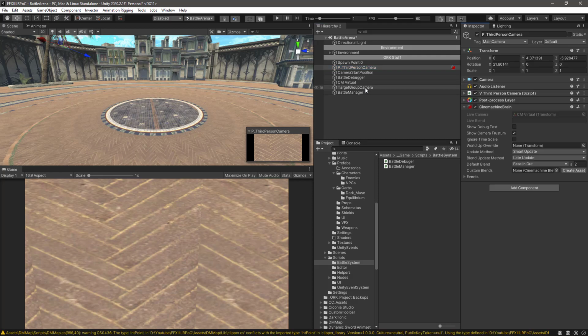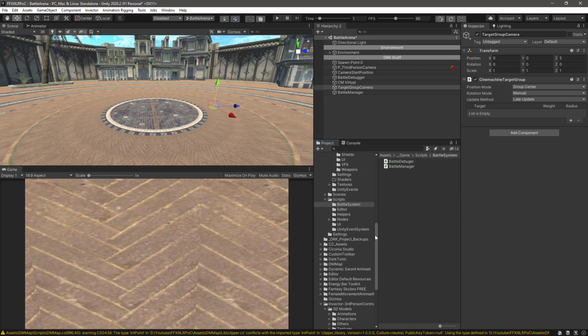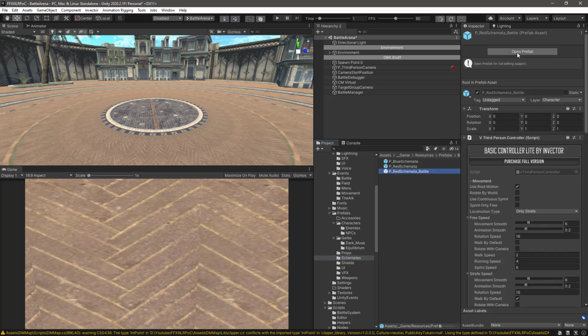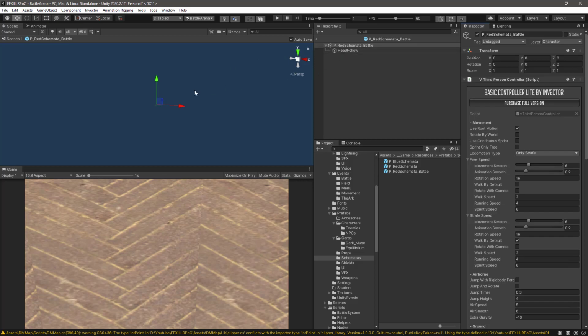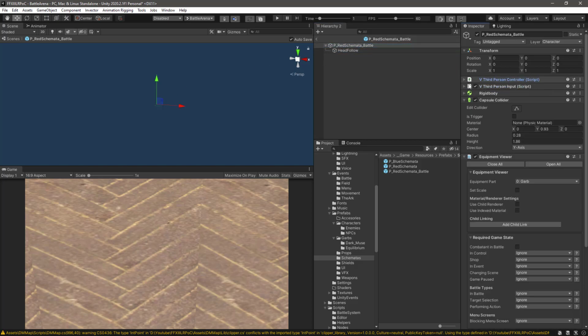So one thing to mention before I forget is that as you remember, the target group is expecting a transform. So in our case, the player prefab that is going to be instantiated as a combat is not the garb, it is the schemata. So if we were to check here the prefab res schemata battle and open the prefab, you'll see that of course we don't have any visuals, but if we were to select the capsule, for example,